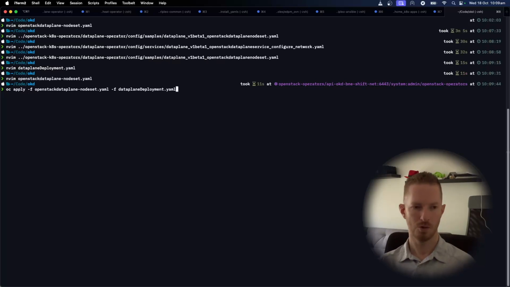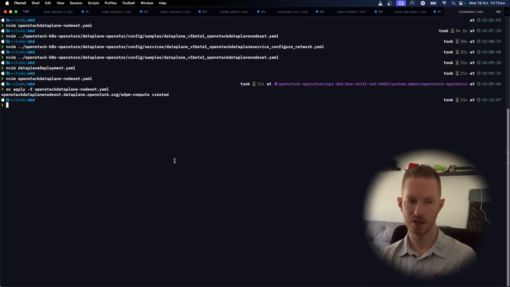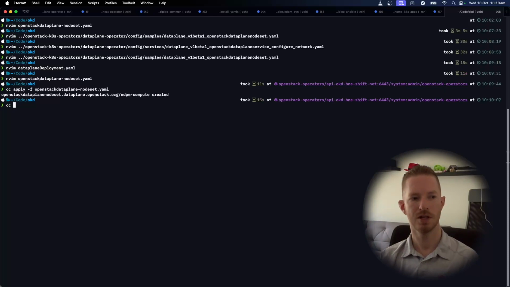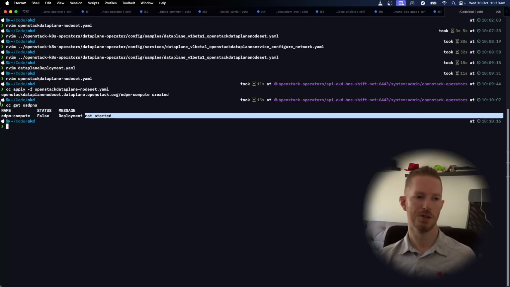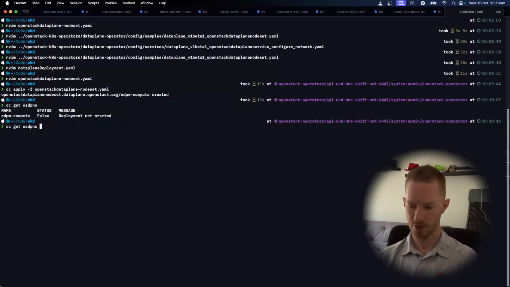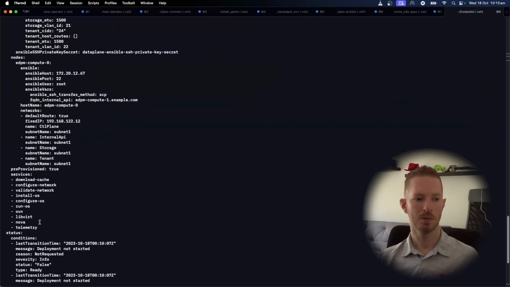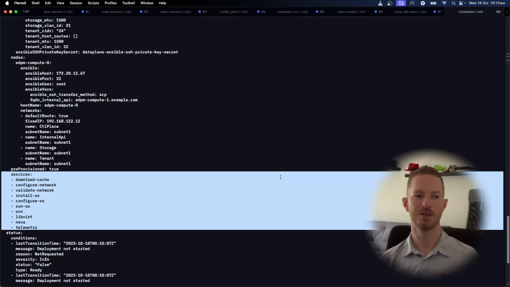So we'll create just the node set first, and we'll see what that looks like. So we can see it's created the node set there now, so we do oc get osdp ns. We can see that it says deployment not started, and that's because we haven't created the deployment resource yet. And if we have a look at